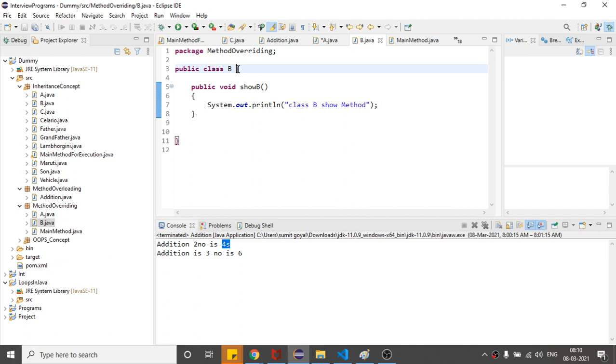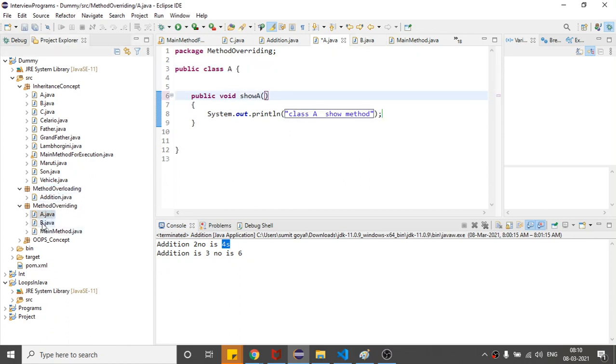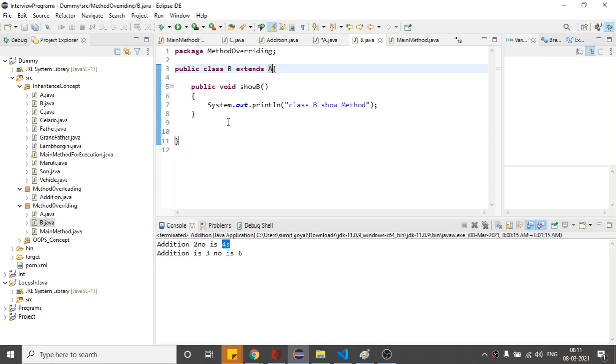But once I do it like this, extends A, now it is extending class A, the method which is present in class A should also be a part of class B, and it is a case of single inheritance, right? So we have not discussed anything new as of now.